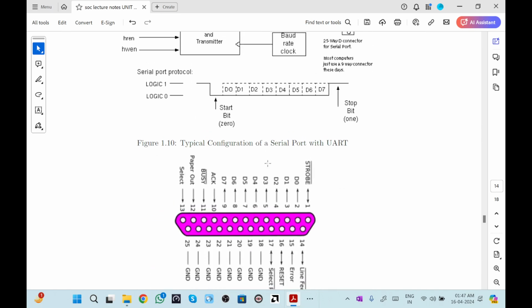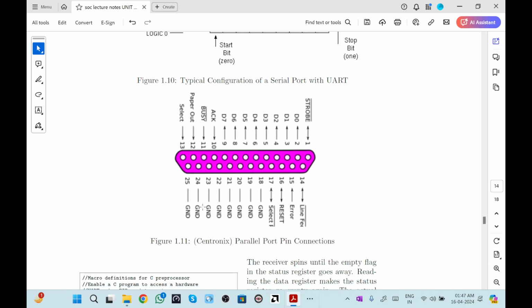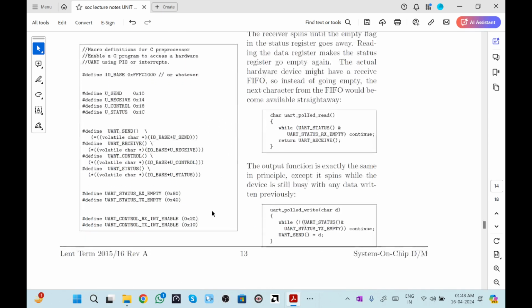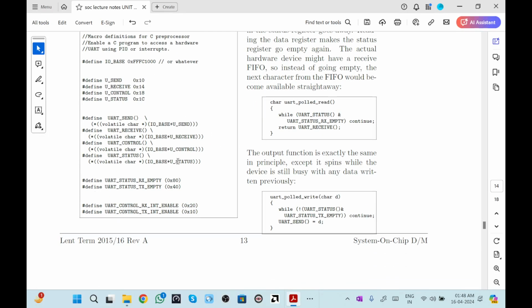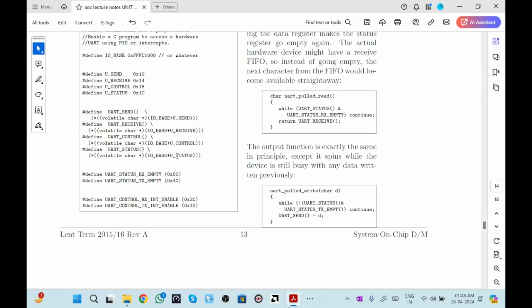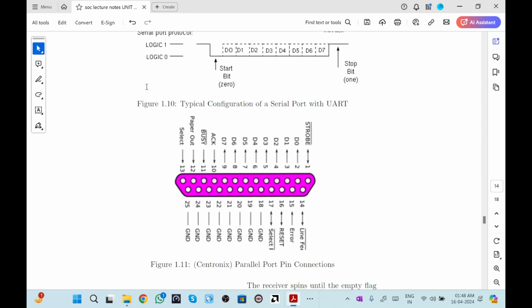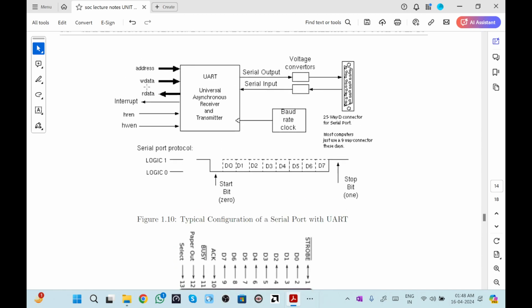So how the examination is going to happen. This is the basic typical diagram of all the points and all the functionality this connector is using. Okay, so parallel port pin connector, this is the name of that. Then we have this whole UART design in Verilog. I hope this whole design is not necessary to cover right now. Theoretically, you just have to understand what the important parameters in UART are.